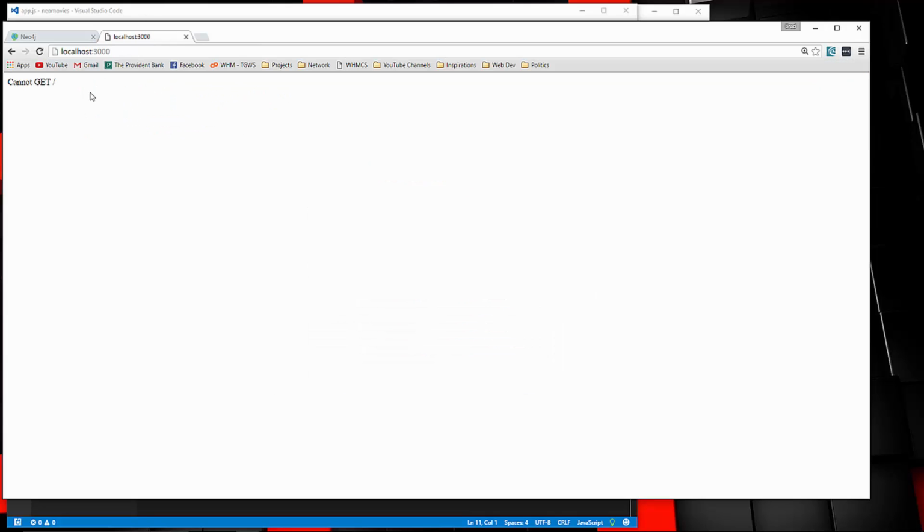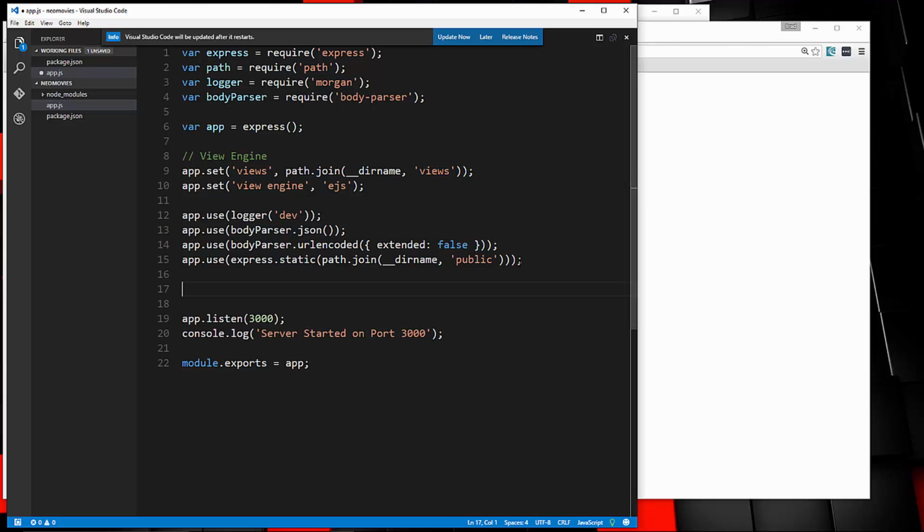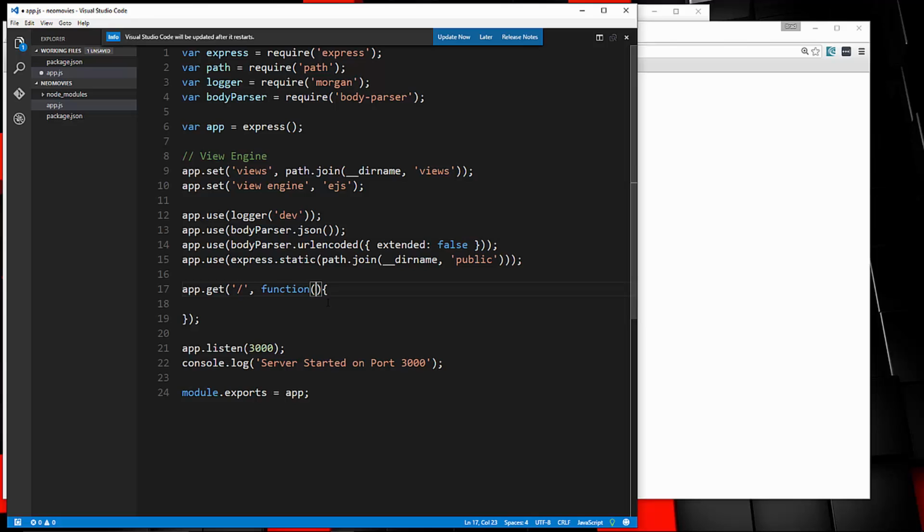okay, so the server's running, but we're getting this message "cannot get slash," and that's because we don't have a route set up for slash, which is the home page. All right, so let's go right here and say app.get, and we'll put in a slash and then a function. That function is going to get a request and response, and all we're going to do is say res.send, and we'll say